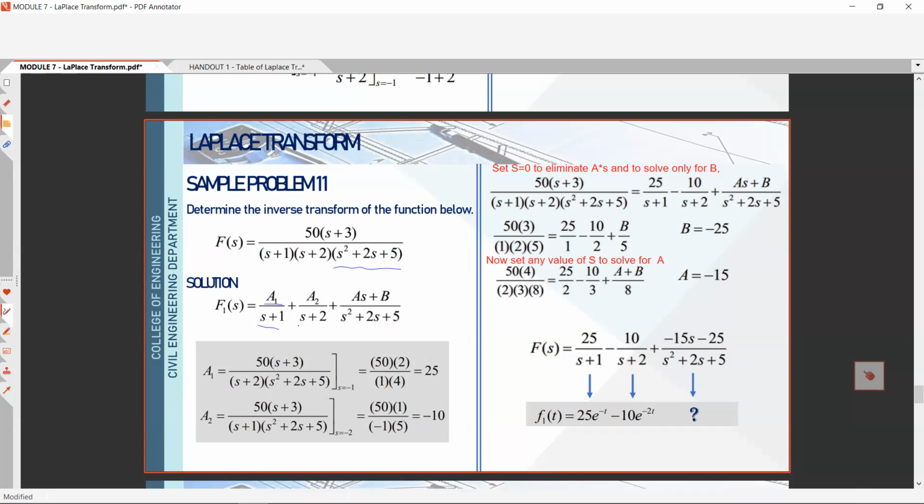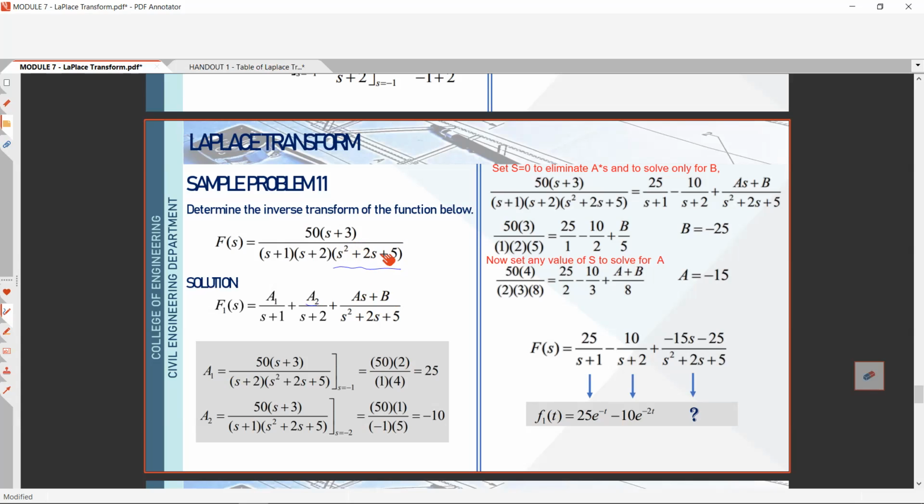The same with this one. Ang order nito is 1. Ang order nung nasa taas is 0. Order of polynomial ha. Okay? Or this one. Ang order nito is 2. Dapat yung nasa taas niya is order 1. Okay? Kaya may linear siya. As plus B. Okay? Therefore, we need to find 4 values. We have A sub 1, A sub 2, and As plus B. Okay? So, ito,